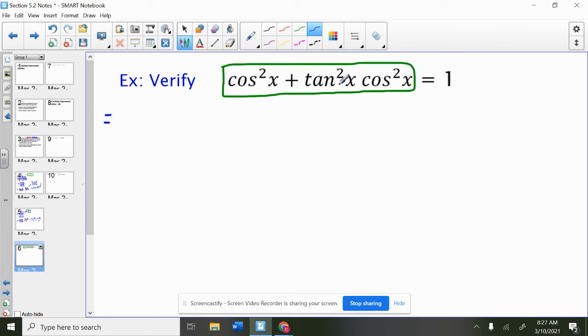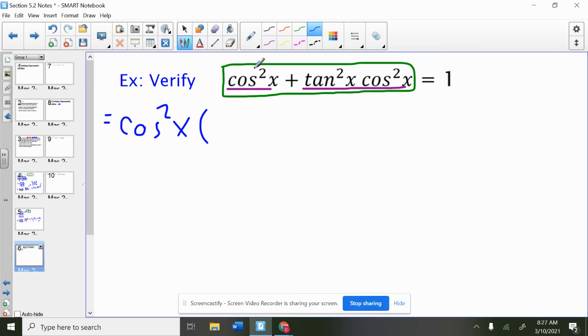This one, what do these both terms have in common? I've got this term, and then I've got this term. What do they both share? Well, they both share a cosine squared. So I can, guess what? Factor that out. I'm going to try that this time just to show you an example. So if I factor that out,